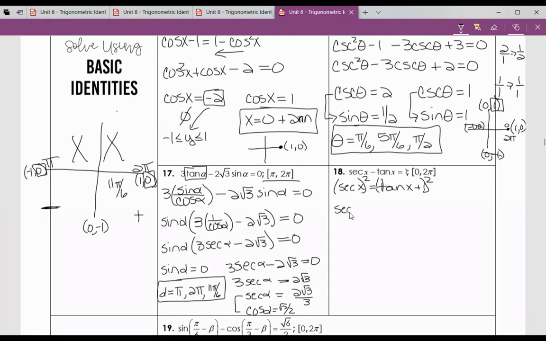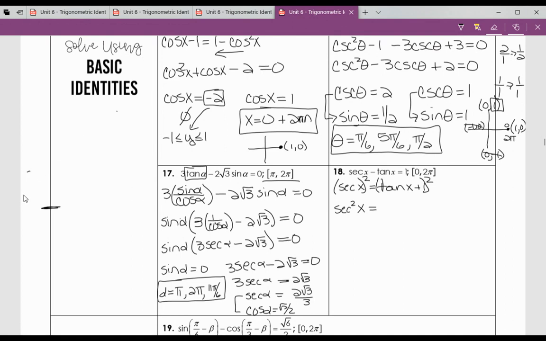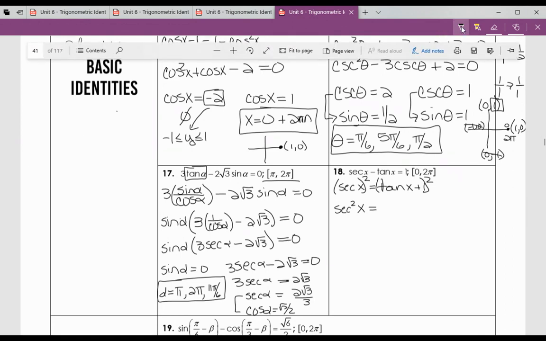So that becomes secant square x. You have to FOIL the right side, so please make sure that you take the time. Tangent x plus 1 is not tangent square x plus 1. So you have to take tangent x plus 1 and tangent x plus 1. You're going to FOIL that, so that's tangent square x. You end up with 2 tangent x in the middle plus 1. So when you FOIL this, you get the trinomial